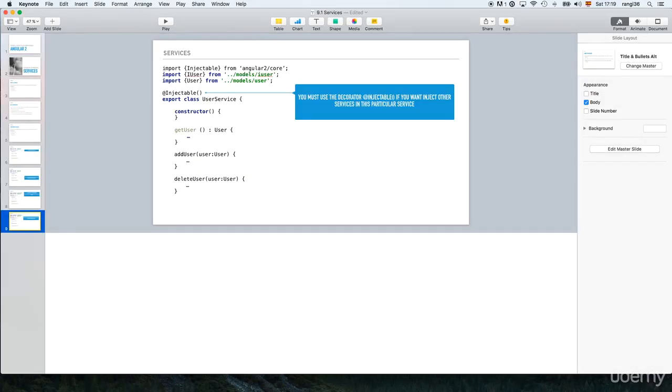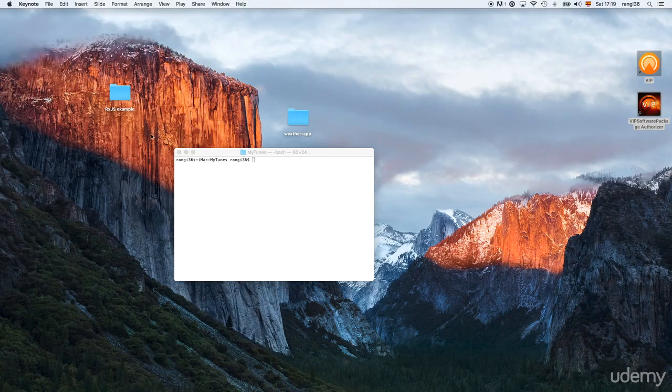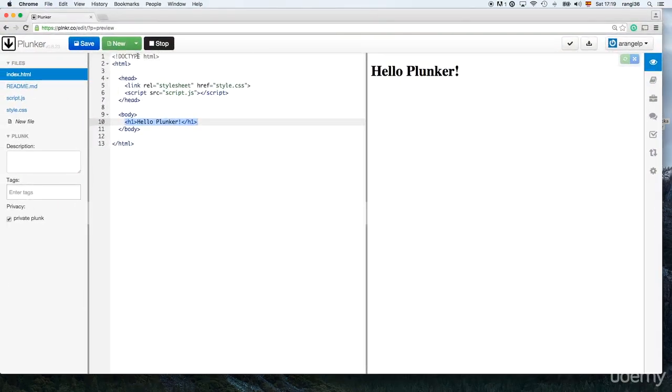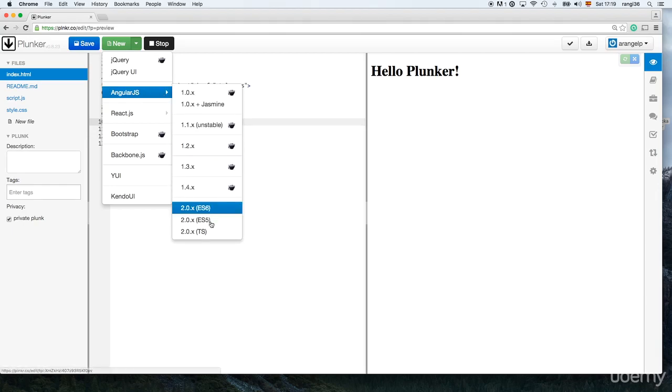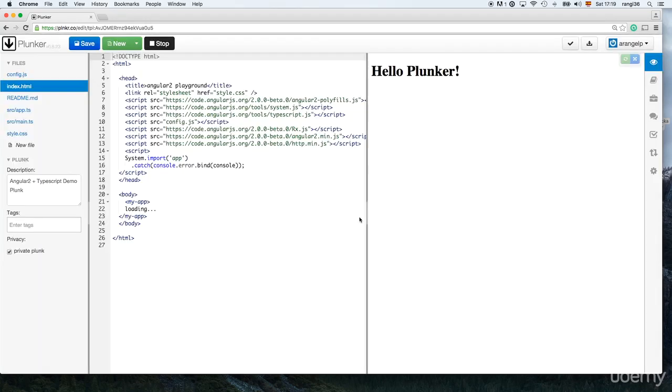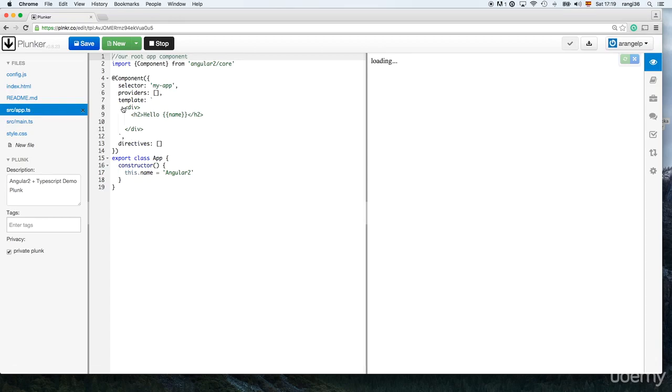Let's do an example of this. We will go to Plunker and do the exercise. So here we have already open Plunker. We will create an Angular 2 application. So let's create a new file,